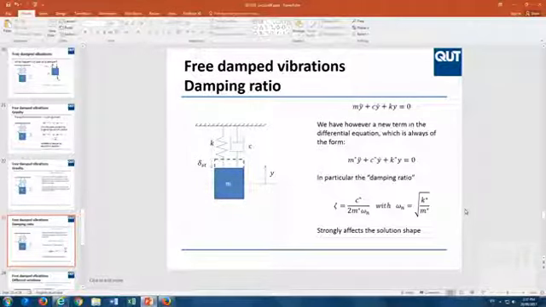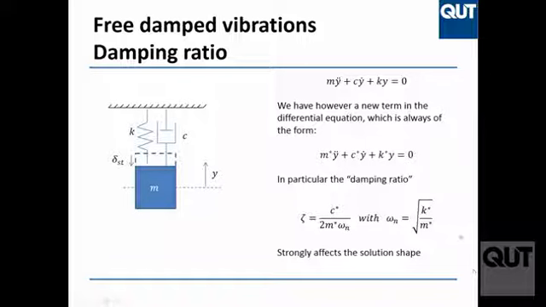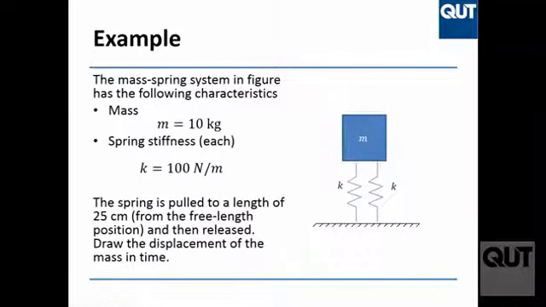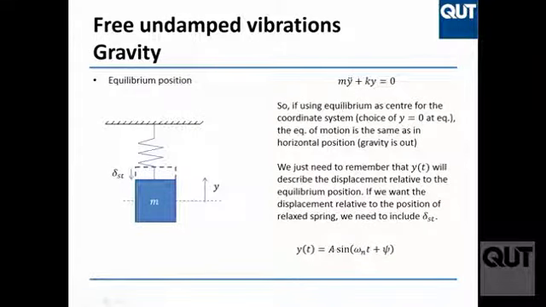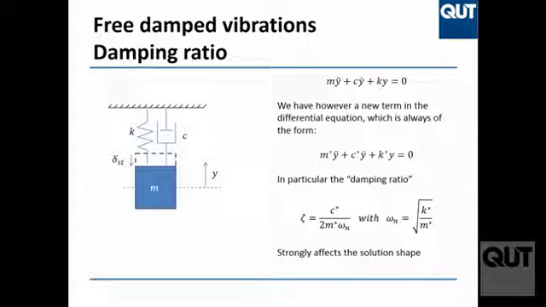Very philosophical question now for you. This zeta parameter, is it more similar in nature to omega n or to the amplitude thing we saw before, this A and this psi? I know it's a very weird question, I admit, and I will give you the answer anyway. But is it more similar to an amplitude or more similar to an omega n? Omega n, why?